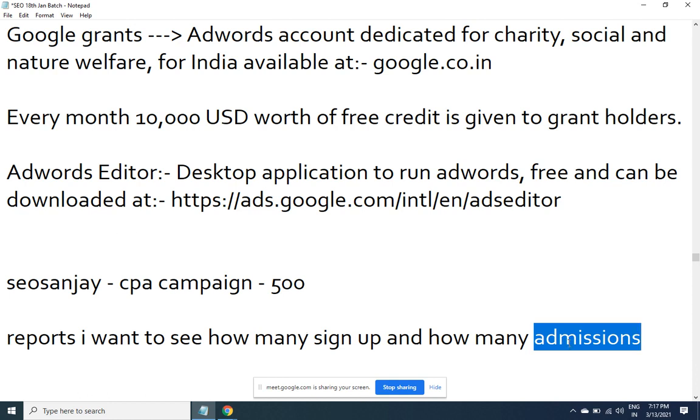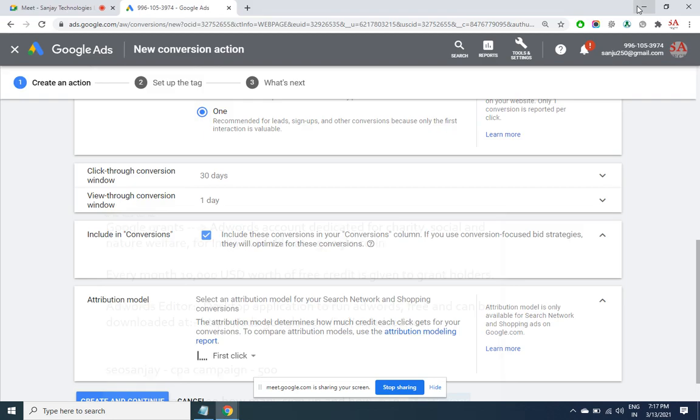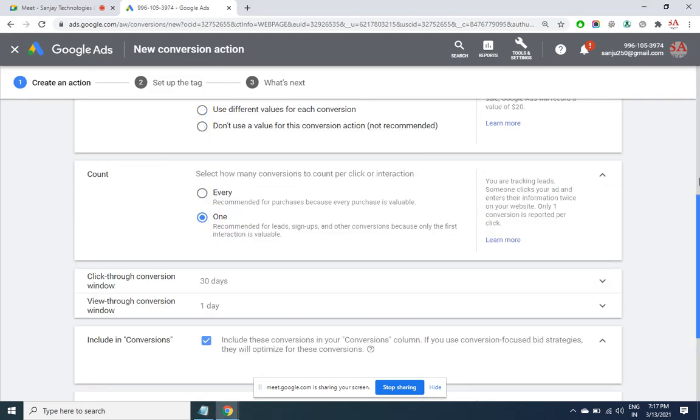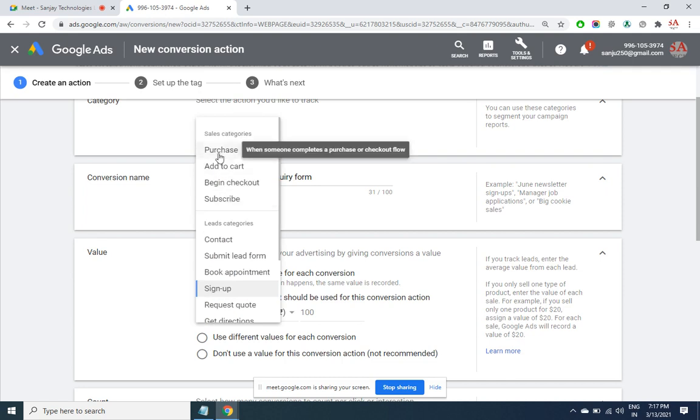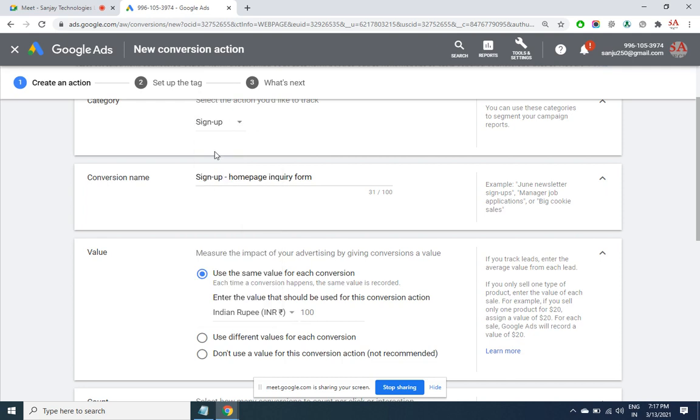Okay, right now I'm creating a sign up conversion. After this conversion, I can create one more conversion as sale. So for the same website, multiple conversions can be created. Why are we creating multiple conversions? Because in the report I want to see how many people have signed up and how many people have taken online admission. Both of these I want to see.